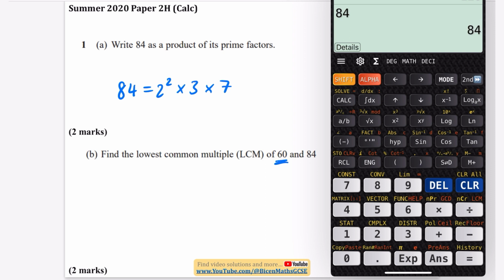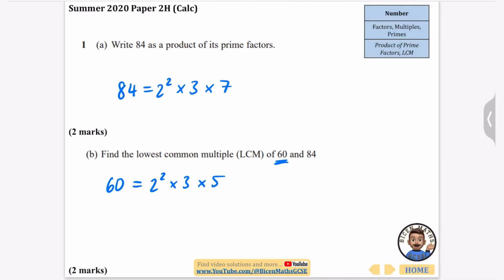So if I was going to do something that might be helpful down here, to find the lowest common multiple of 60 and 84, I'm going to type in 60 and press equals, and I'm going to press shift and fact. And pretty much all calculators, if you've got the ones approved for GCSE, should be able to do this. So 60 is 2 squared times 3 times 5, and we're going to try and find the lowest common multiple of 60 and 84. Now 84